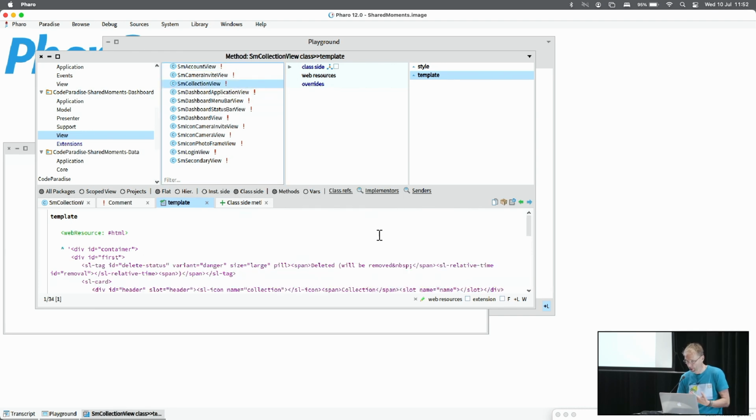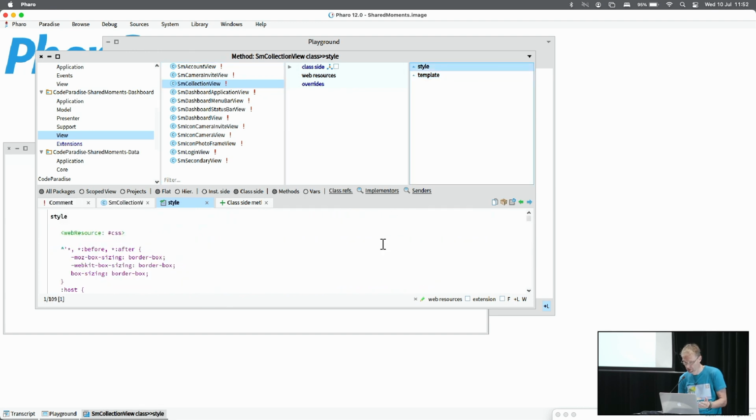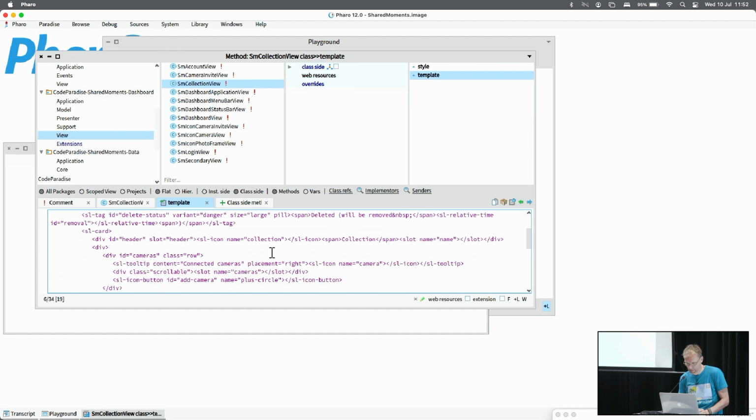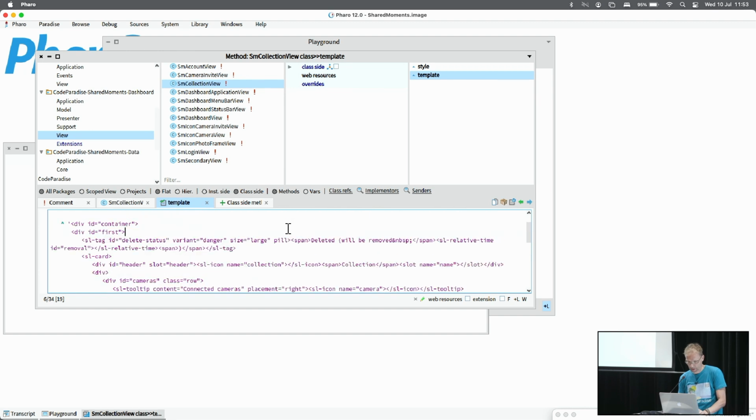I see I have a class here with two class-side methods, one for the HTML template, because yes, I can get rid of JavaScript, but getting rid of HTML is a bit difficult in getting a browser app. So here I have the HTML, and I've got a style sheet, which is just a regular cascading style sheet for this component. So it's contained within the web component. And if I now take this HTML and, what can I do? I'm just going to add